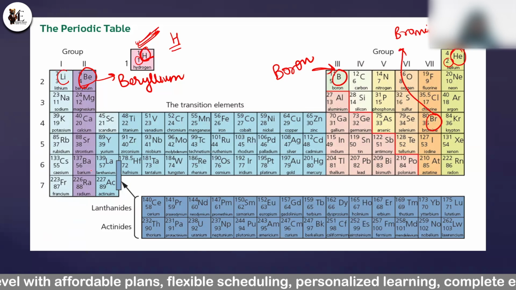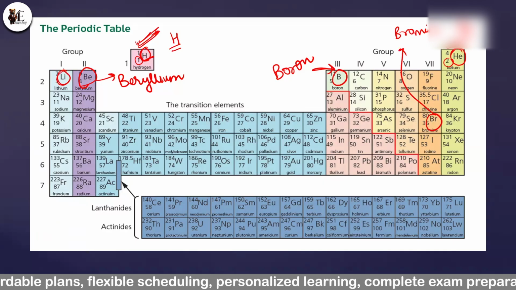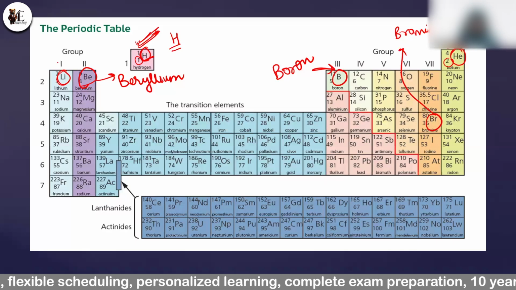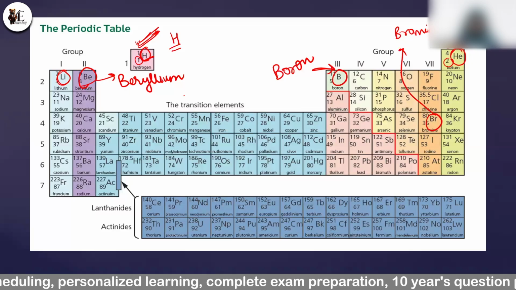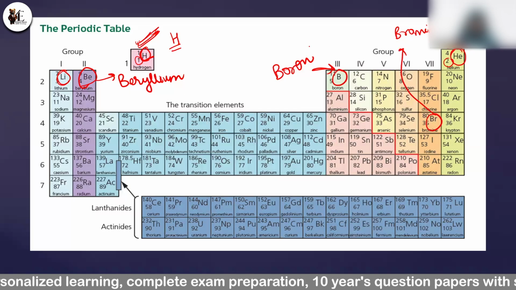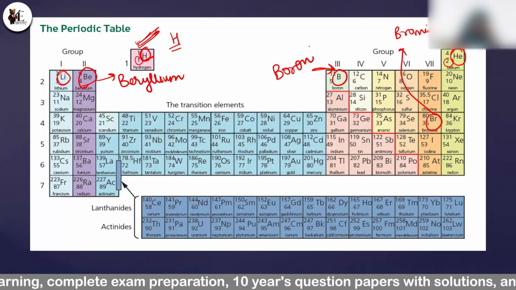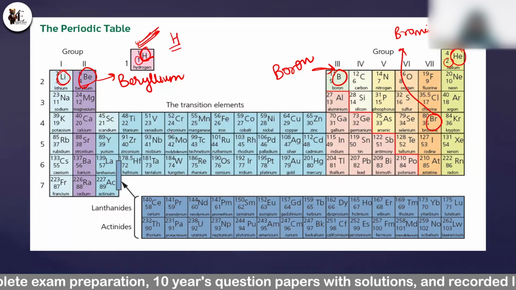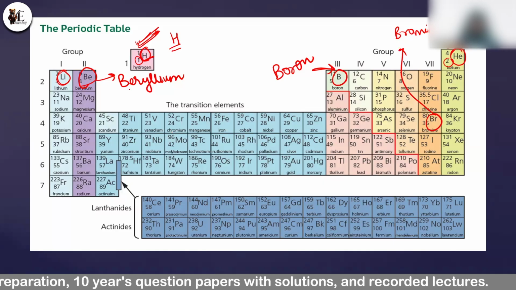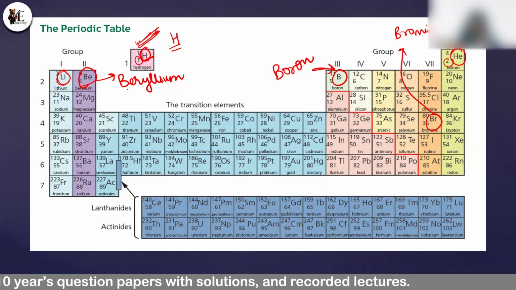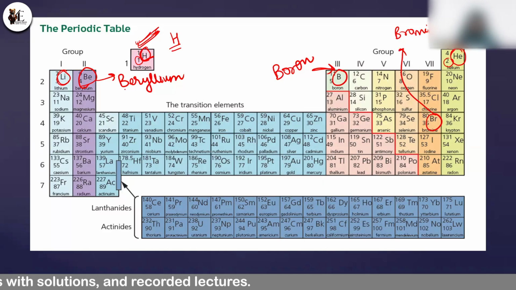If you study with me, if you make your notes with me, then I'm pretty sure you will get out of this scare of the periodic table, because the periodic table is very easy. It is divided into 4 groups, but I'm not telling you now because we are not deviating from our topic. We are learning atoms and elements. So I'm just making you know what the elements in the periodic table are. From the very basics, I'm going to tell you. Don't worry.